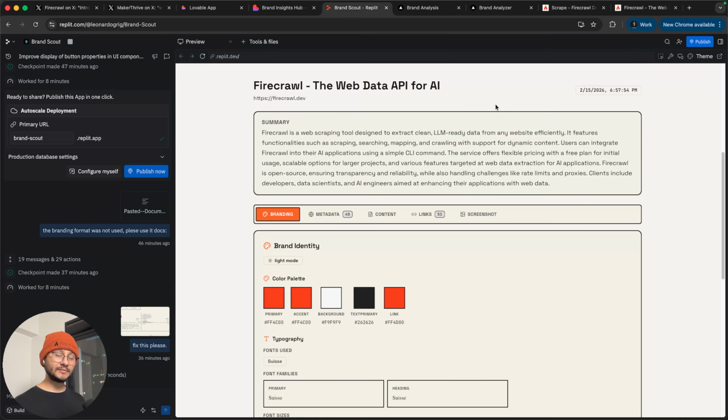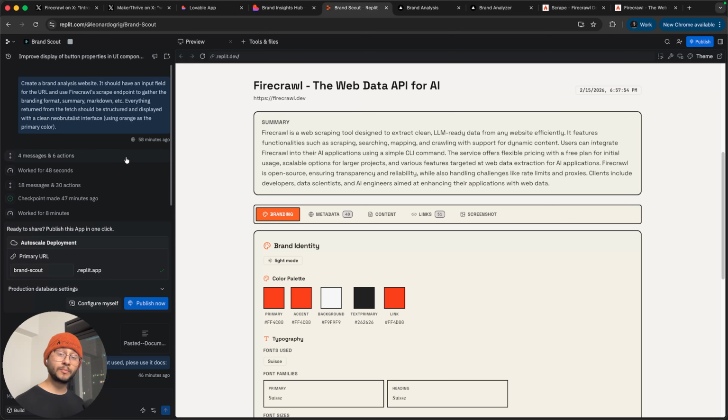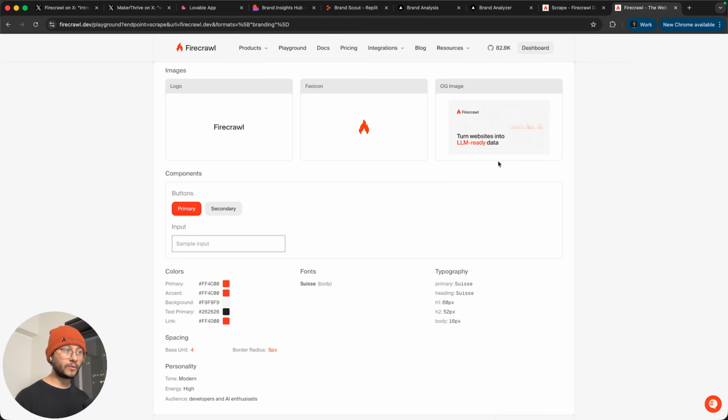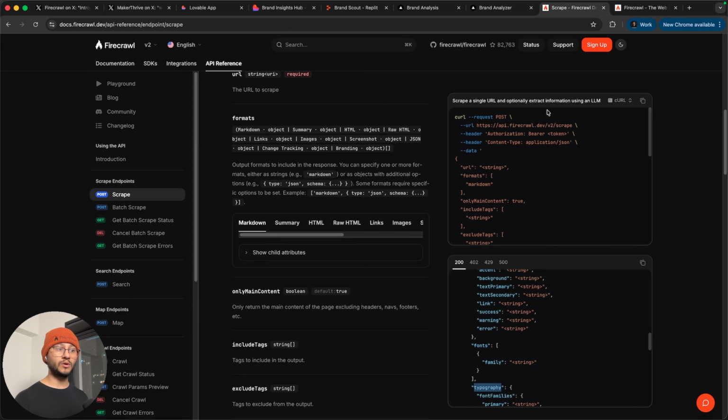Inside of Replit, since they don't have the context from our documentation, it took 2 prompts. So it was the same prompt from Lovable, but then I also had to add our documentation. You can either have Firecrawl fetch for this documentation. It will do a pretty good job at browsing and then finding the website, extracting the documentation from there. But if you already know where the documentation is, you want to feed it over fast to the LLM,